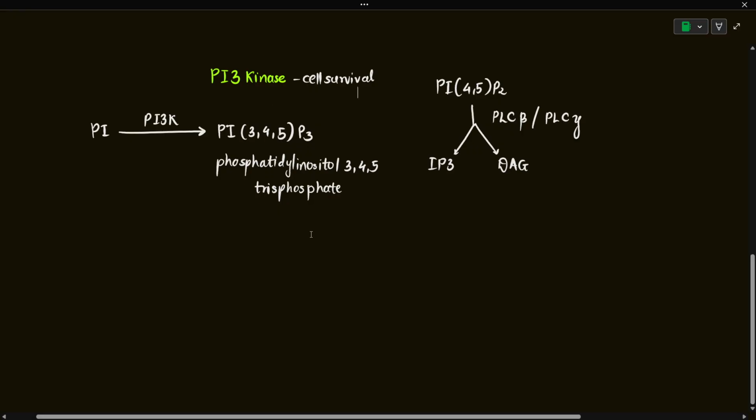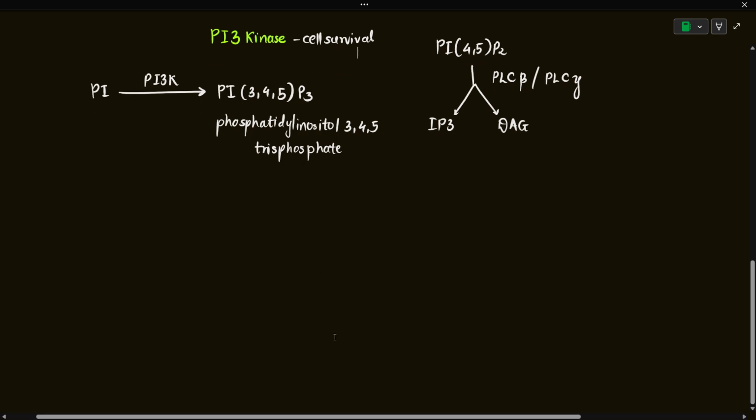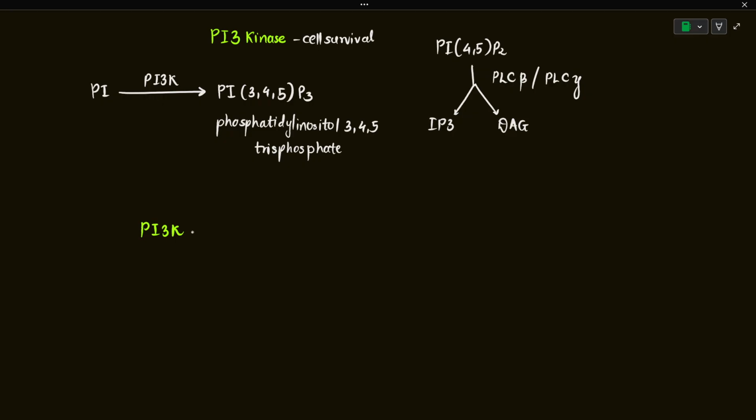Okay, that's the thing. So this phosphatidylinositol could be phosphorylated on multiple sites. We have discussed PIP2. Today we'll be discussing PIP3. So the PI3 kinase, there are different categories of PI3 kinase depending upon what type of cellular effects this kinase has. PI3 kinase is categorized into three different categories because it results in different cellular